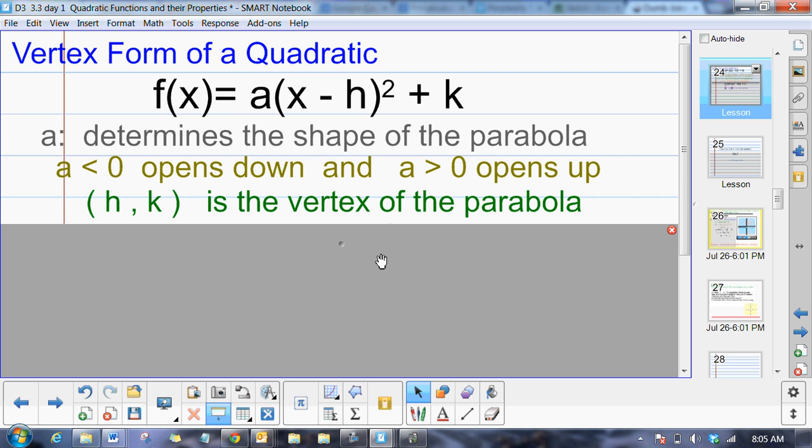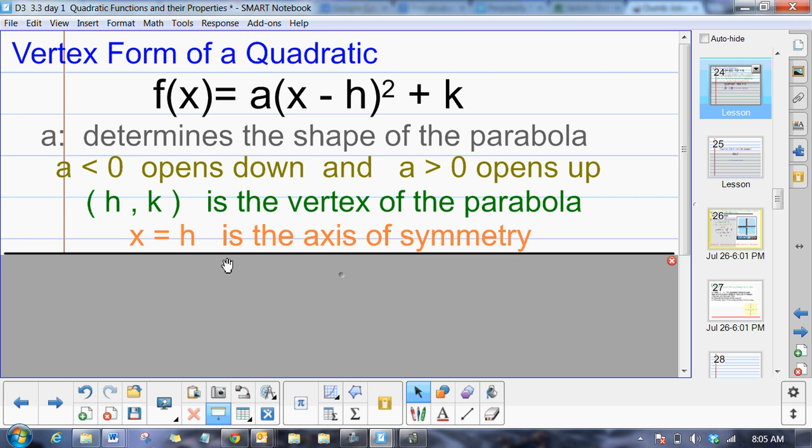(h, k) is the vertex of the parabola. And then x equals h, you already learned about this, is the axis of symmetry where it splits it right